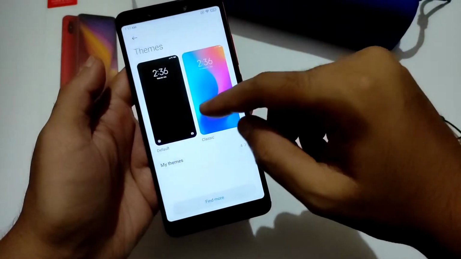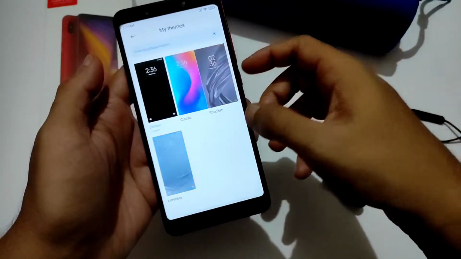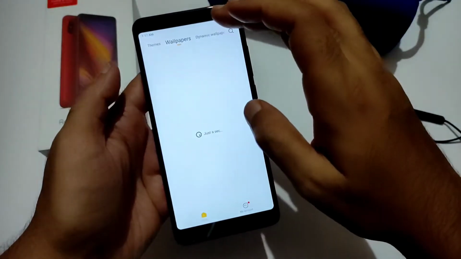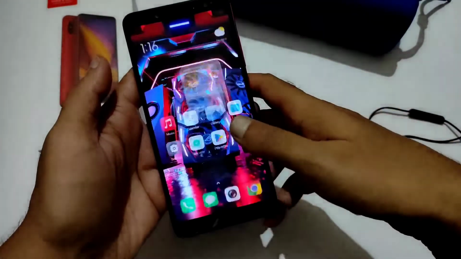Into the themes also, you get plenty of themes. Get all kinds of themes here, the global wallpapers and global themes. All the themes are